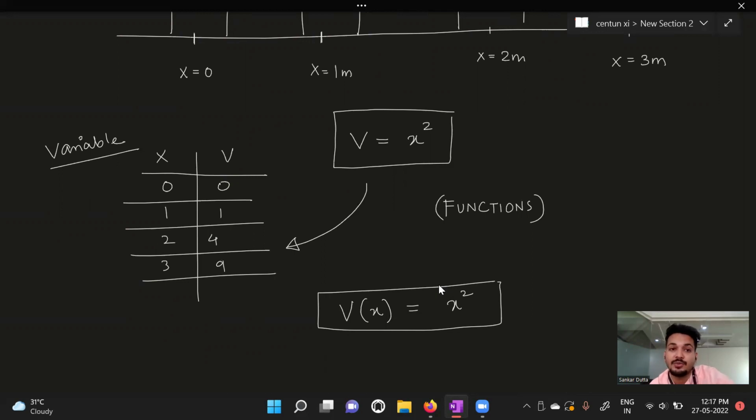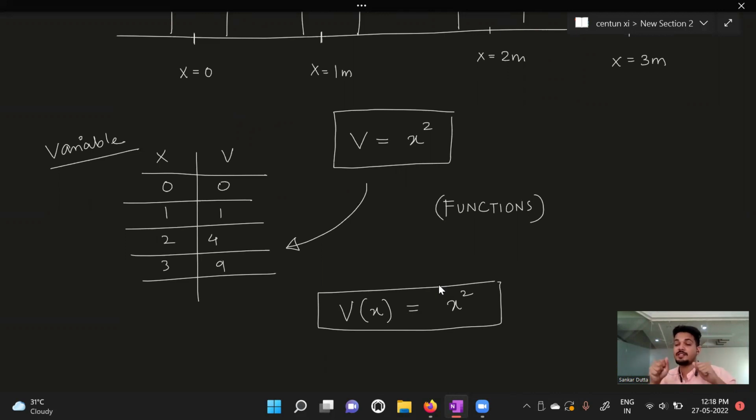So when we are dealing with variable quantities, it is very, very important for us to express these variable quantities as a function of displacement or as a function of time. Most of the cases it will be a function of time, but you have to understand it's not always a function of time. Sometimes it can be a function of other physical quantities also, like displacement. It can be a function of temperature, it can be a function of other physical quantities like light intensity. So it can get very, very advanced, but the basic understanding is this only, that sometimes